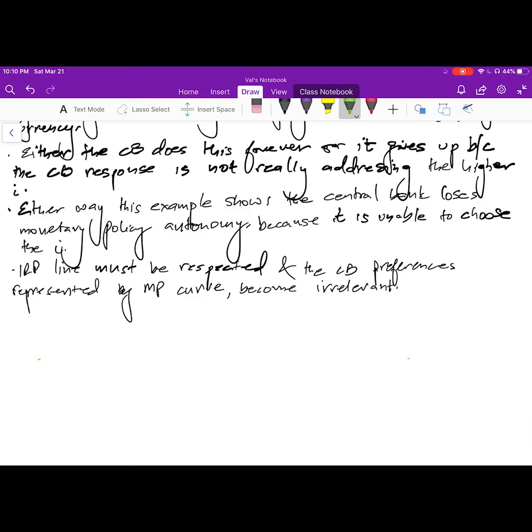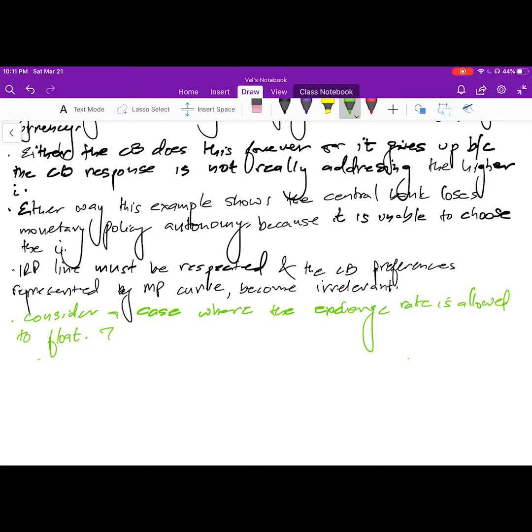Now let's talk about a second example. Okay, so now consider a case just like the one above, but the exchange rate is allowed to float. So it's the same case as above. The exchange rate is allowed to float,